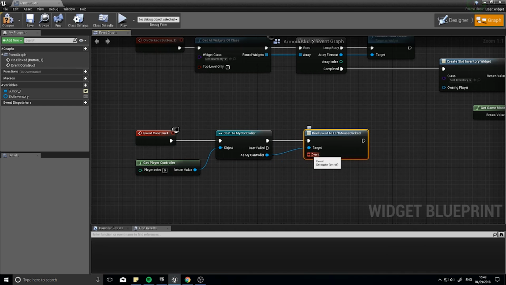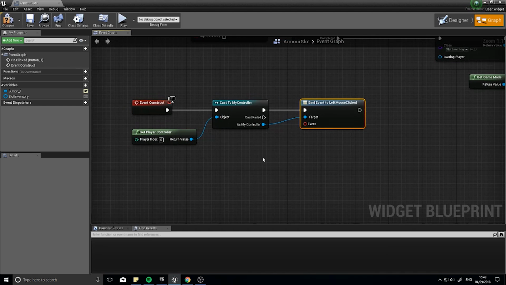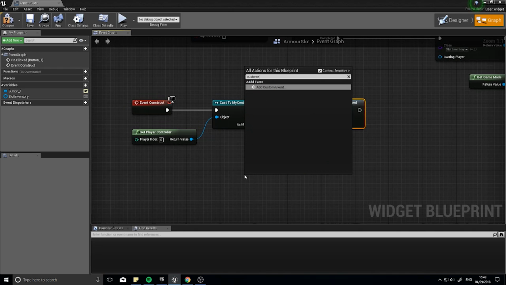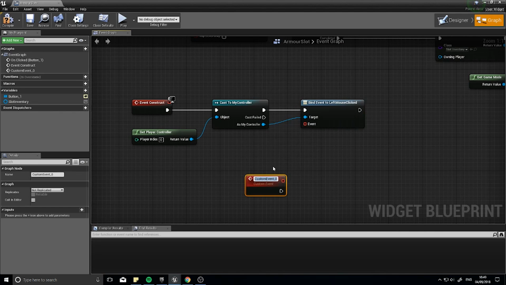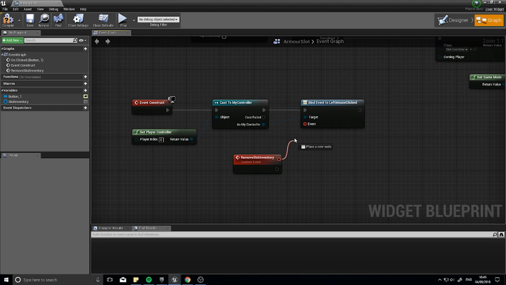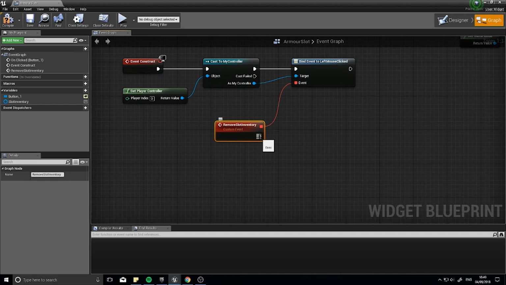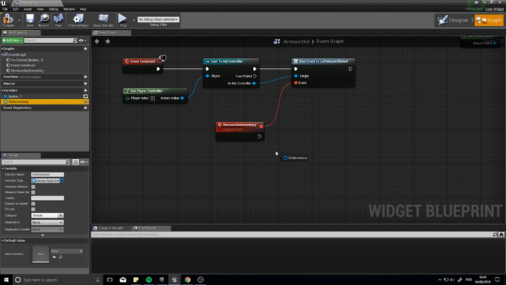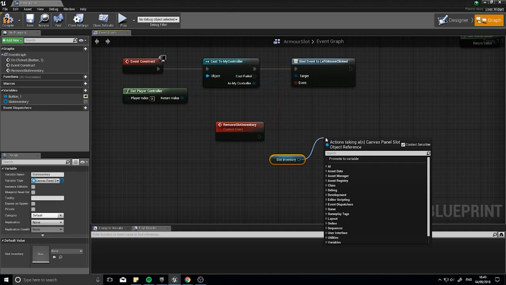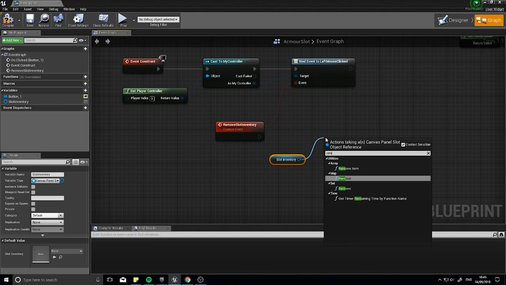I now can bind another event to this. So I want to make a new event using a custom event, and we'll call it remove slot inventory, and we can make these connect with the red square. So this event will trigger whenever it hears the left mouse has been clicked. And on this custom event we're going to drag in the slot inventory variable, and then from there get remove from